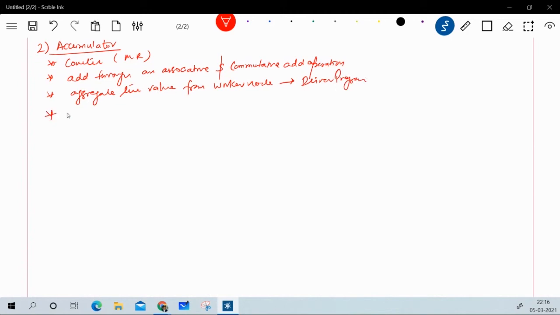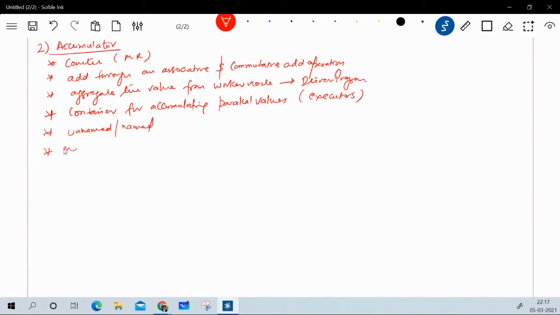We can also say that this accumulator is used as a container for accumulating parallel values across the multiple executors. Now we can create this accumulator unnamed as well as named.